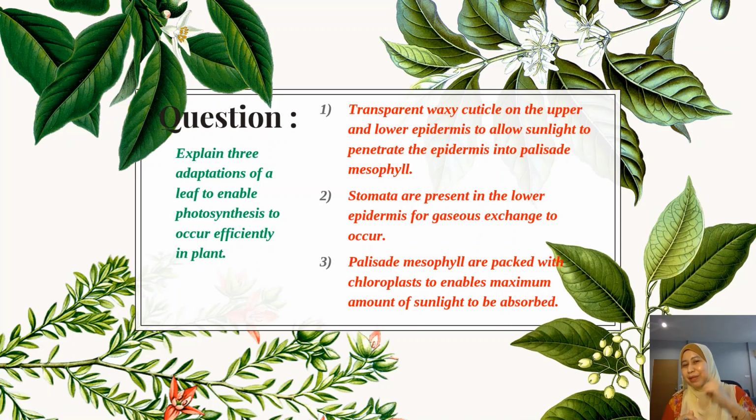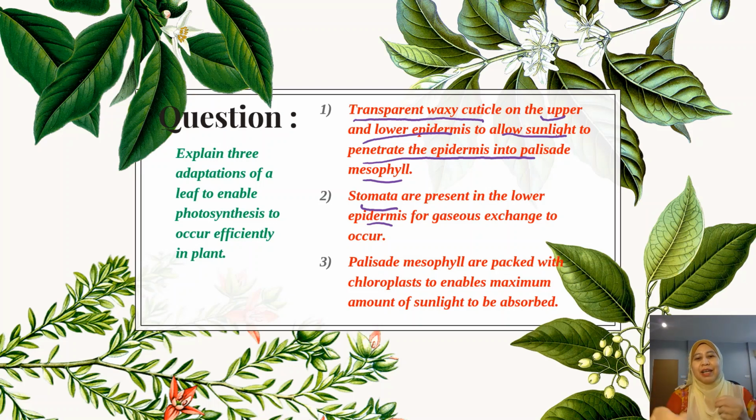So we look at the example. Number 1, the structure is the transparent waxy cuticle on the upper and lower epidermis. That is the structure. Why? It is to allow sunlight to penetrate the epidermis going into the palisade mesophyll. Second, the structure is stomata. They are present in the lower epidermis. Why? It is for gaseous exchange to occur. So you can see, you give the structure,